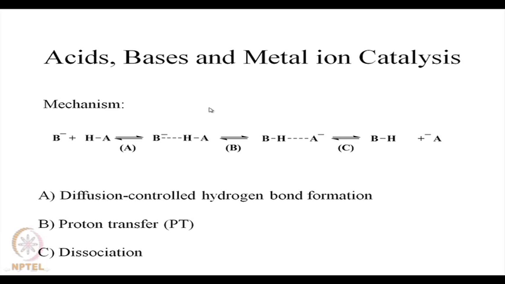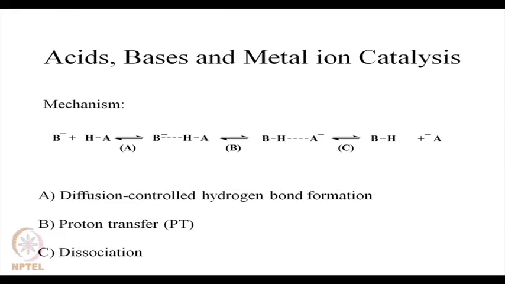So, to deal with acid base catalysis we should know how these acids are acting. Now, acid is basically a proton. For this proton to act as a catalyst, the following scheme may be useful. Basically, the first step is diffusion controlled hydrogen bond formation, then the second step is the proton transfer, and then the last step is dissociation,